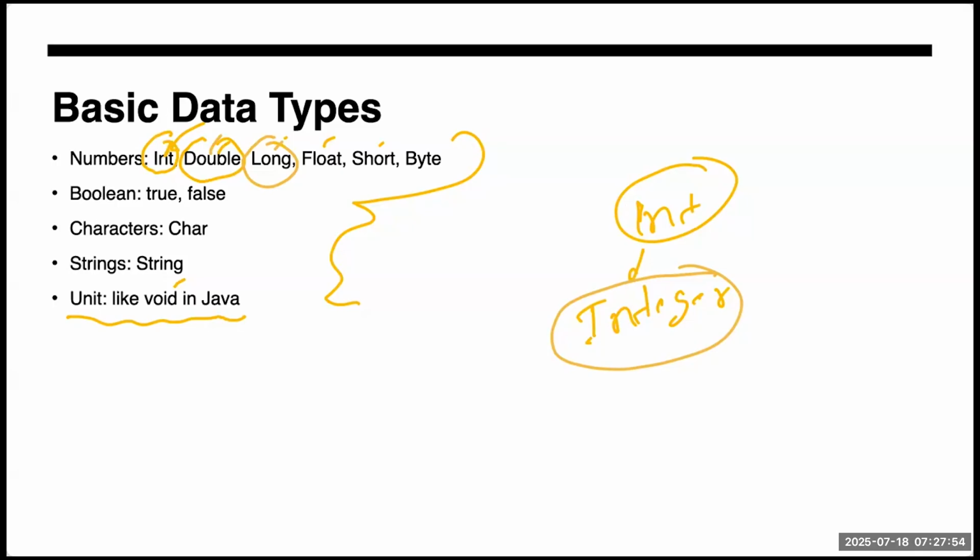Okay, so you have void in Java, you know about it? Whenever you don't want to return anything from any function, you just write void.